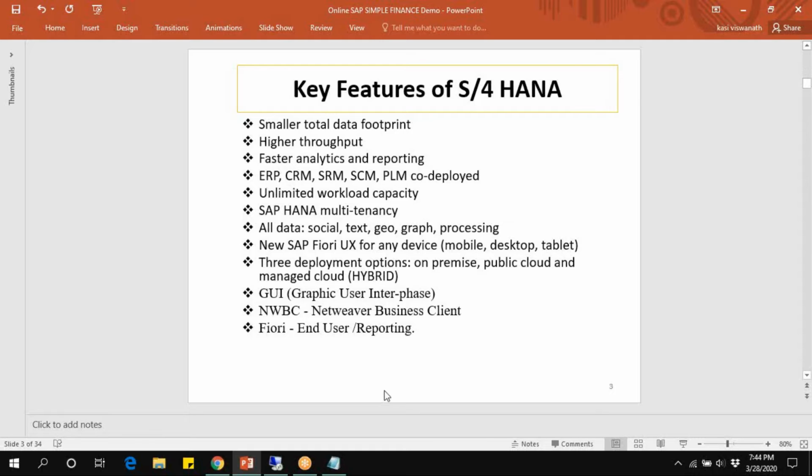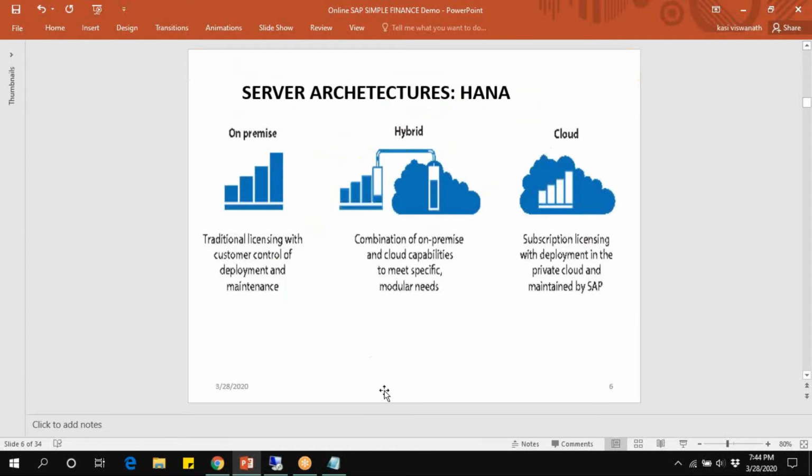Altogether, HANA Finance. In which version? In hybrid deployments. In on-premise, only ECC related principles are there. For example, my client is Reliance. He has manufacturing, service, trading, and oil and gas. In on-premise, the server allows only for trading and manufacturing. It won't allow oil and gas, industry-specific solutions.